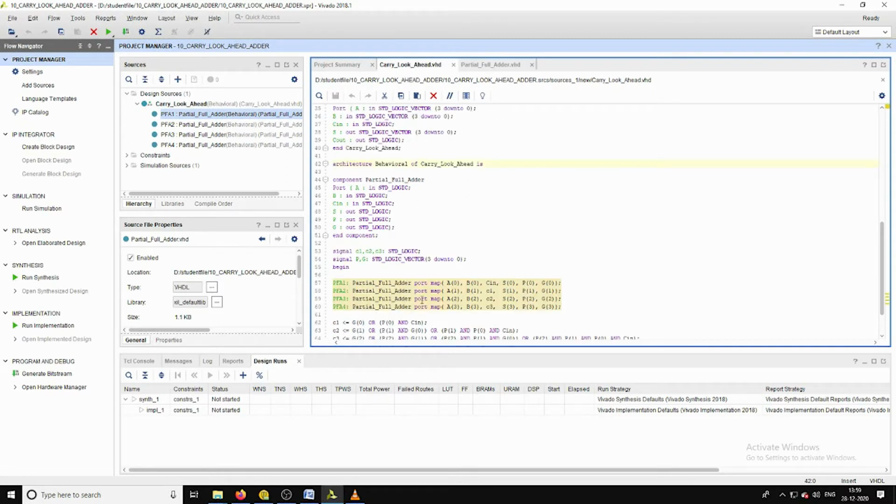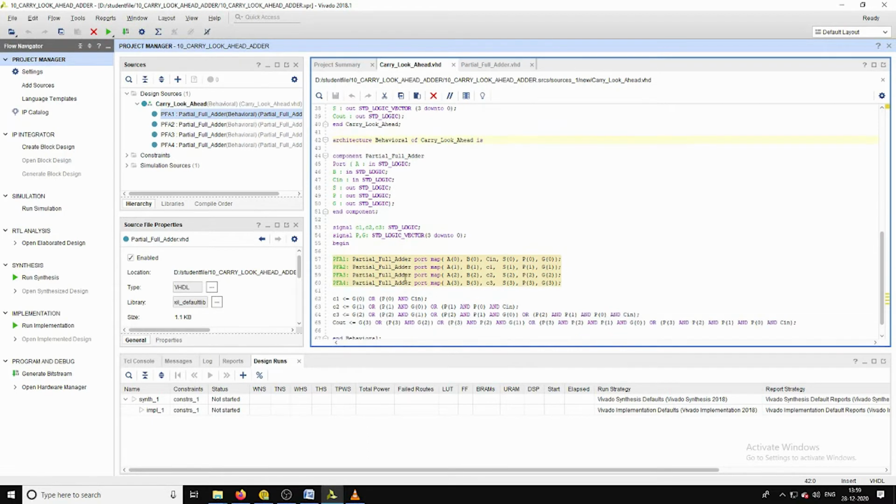used multiple times in this particular carry look ahead adder, and we are going to simplify the control process by using this structural style of programming. And we know the logic for these carry signals of that individual adders.